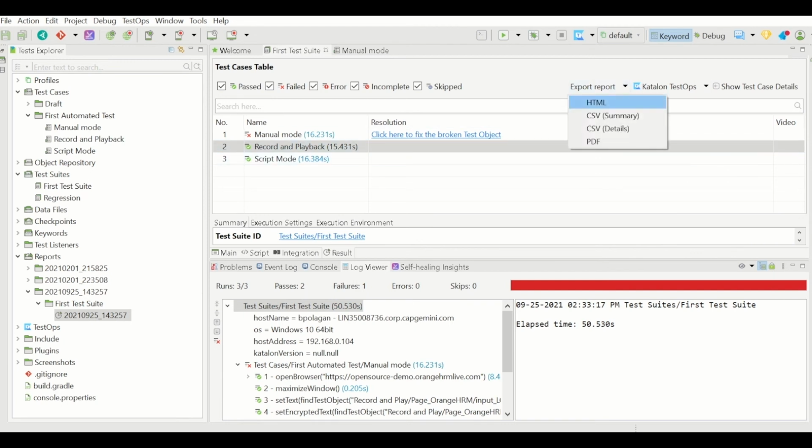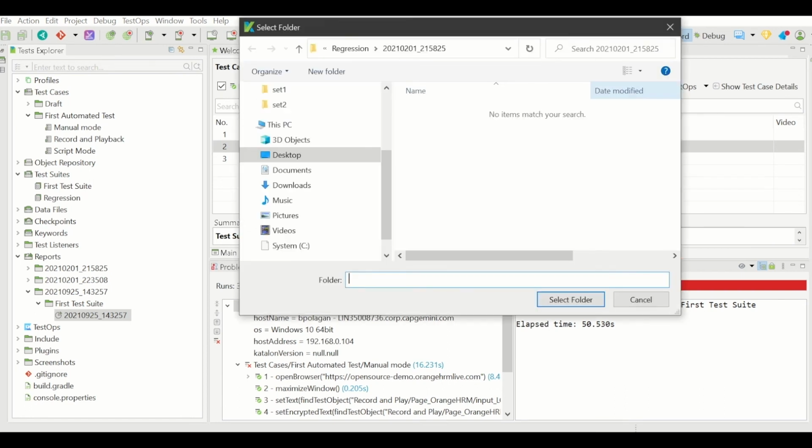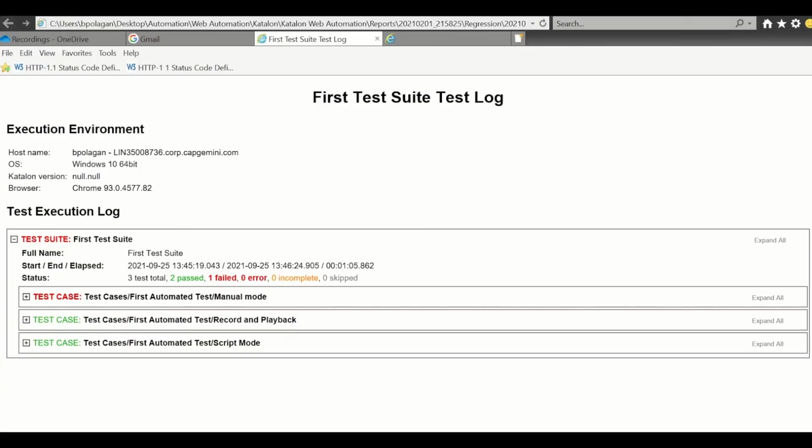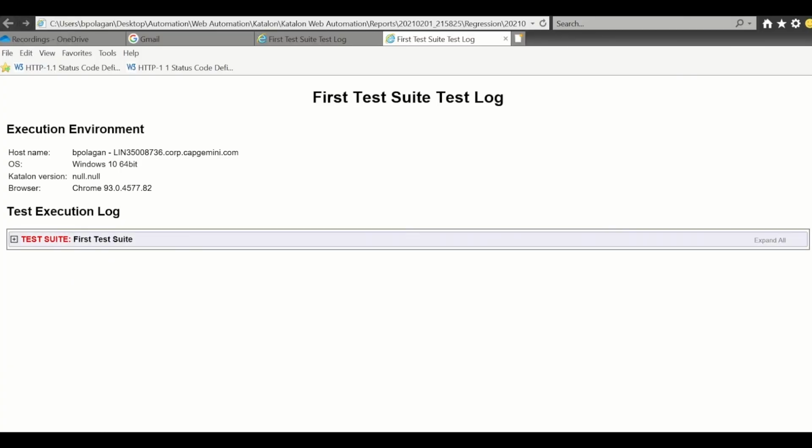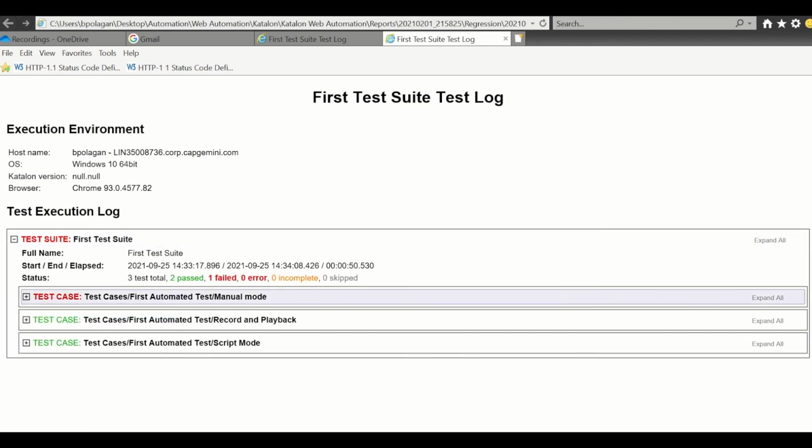Here you can click on export HTML if you want to see the HTML report. Select the folder. Now it has opened that HTML report. You will see the test suite. As a suite, it has failed. This is the suite name, and the browser used is this, and so on. These are the three test cases.